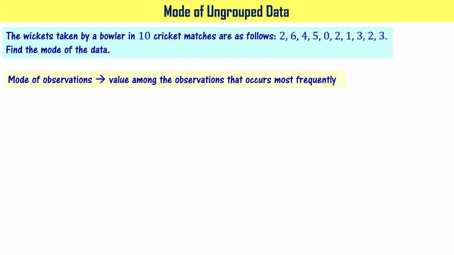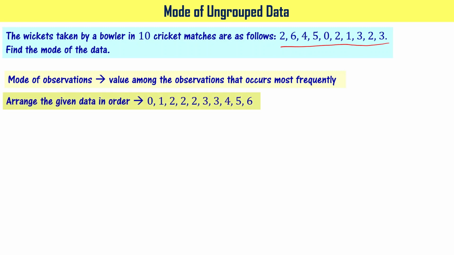So in this data, which observation occurred most frequently is something you have to find. That is called your mode for this particular data. To do that, let's first arrange the given data in order. It can be ascending order or descending order, it is for our convenience sake. You can count how many times 2 has appeared. You can keep counting like that. But it is always better to arrange the given data in one order, ascending or descending, such that it is going to be fairly easy for you to figure out which observation has occurred most frequently.